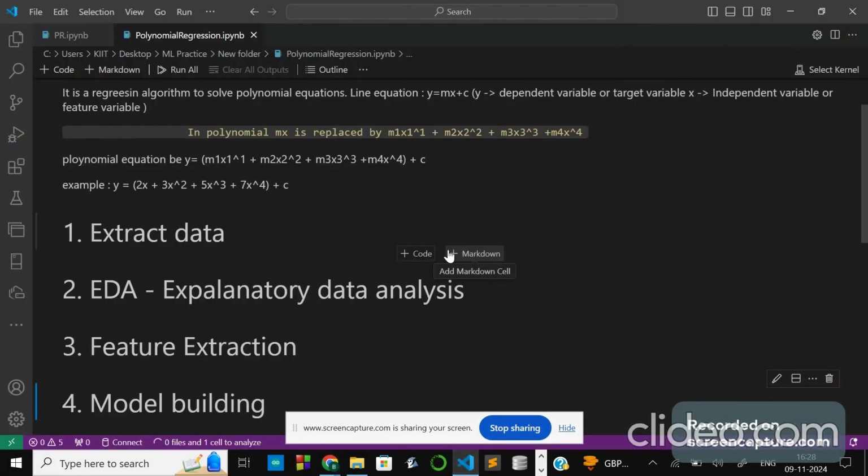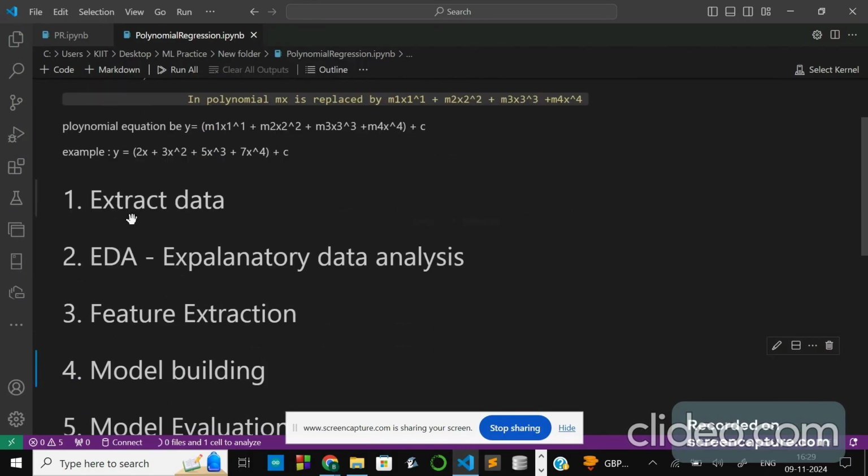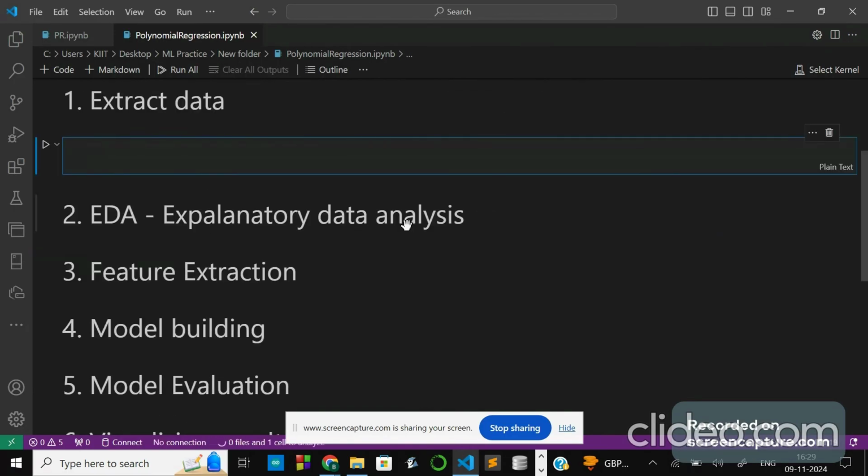Hi everyone. So let's continue with building the polynomial regression algorithm. First step is to extract data. For extracting the data, first I have to import pandas. Import pandas as pd,